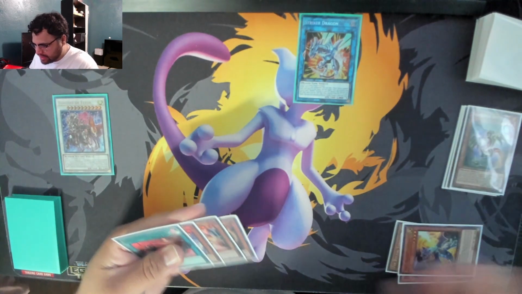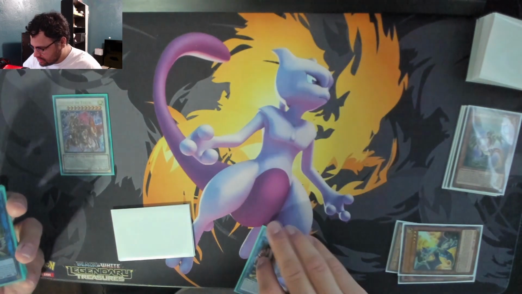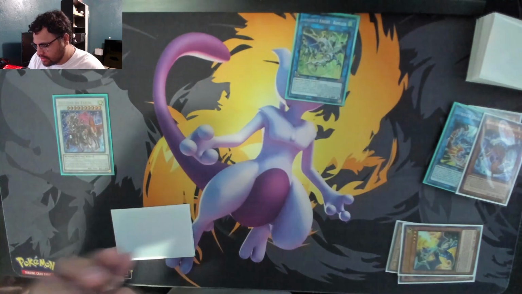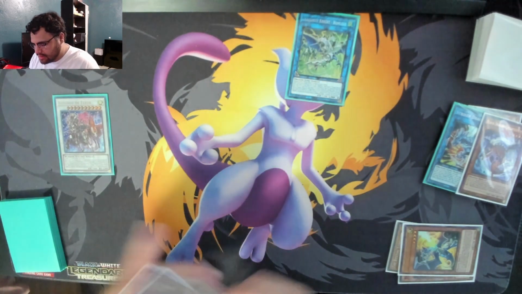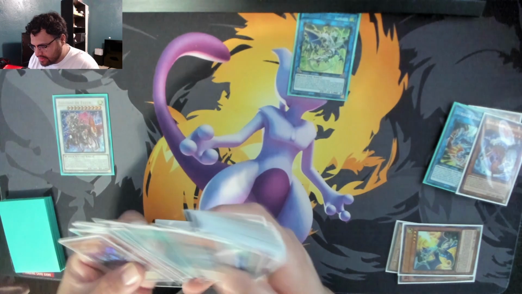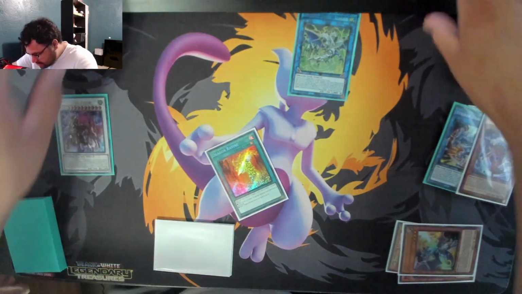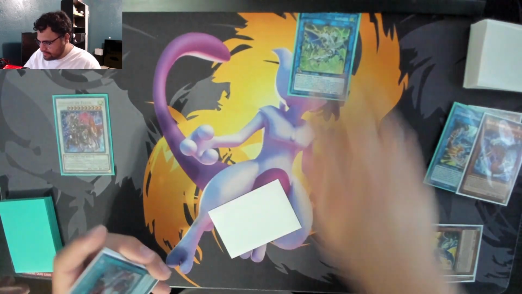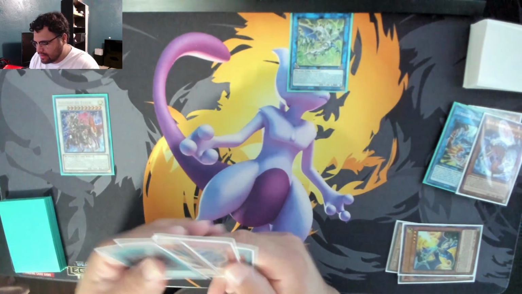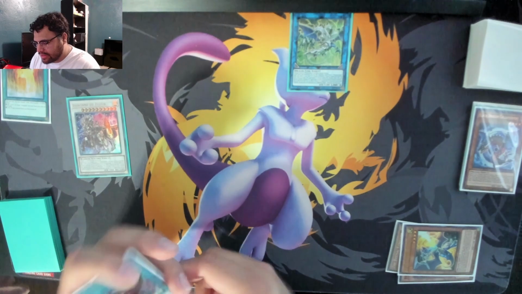So we would go ahead and banish to special, link 2, we would go into ROM, ROM effect to search the field spell. Field spell gets added. Activate Ravine. So I already committed the normal. So that's